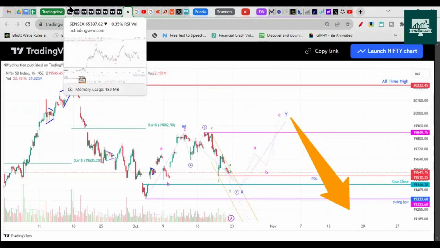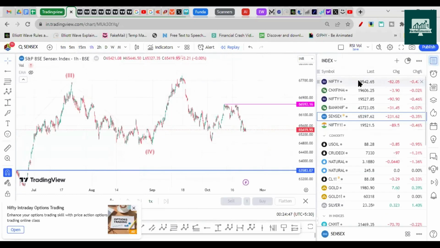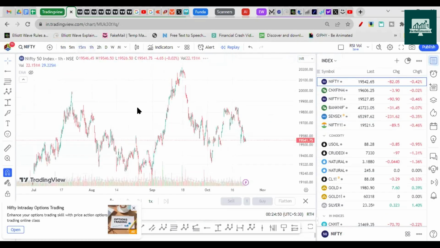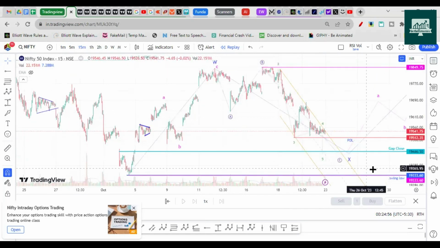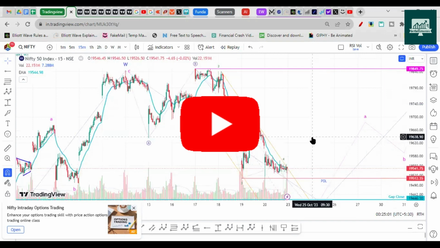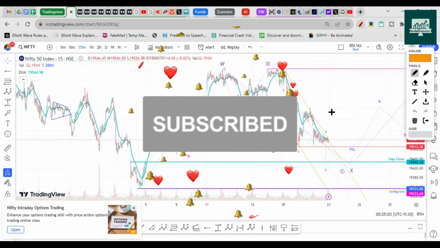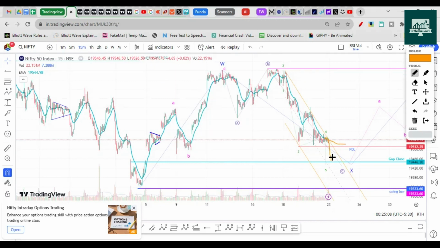What I will do is I will just use the 13 EMA. If the price breaks above the 13 EMA and sustains above that, I will look for a long opportunity on the next session, right? So that's the idea. So I will go with this chart, and try to consider that if the price sustains above the 13 moving average, let's say it opens gap down, this moving average comes like this, and then the price goes up above this 13 EMA, right, and pulls back, I will look for a buy entry here.